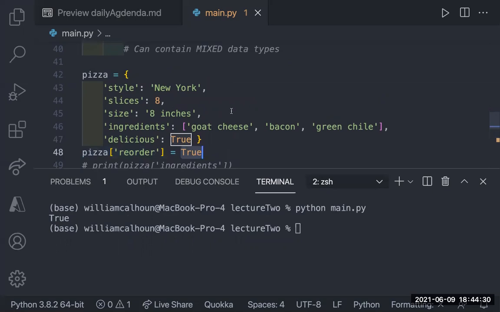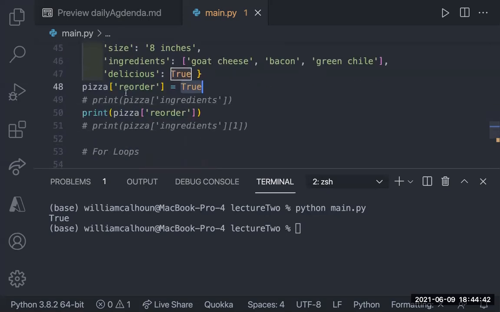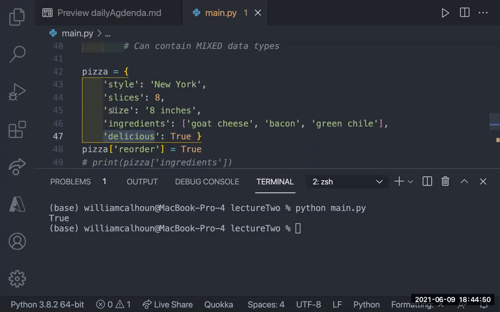Nathan asks, so if we move the key value pair to another location in the dictionary, will we always get the value stored in that key? Whereas if we call the position, it will call whatever happens to be at that position. No, it'll call whatever is that key. So it will look through the entire dictionary for that key. Once it finds it, it will give you that value. So if I were to swap these two, it's not going to now just think every time I say slices, it says New York.